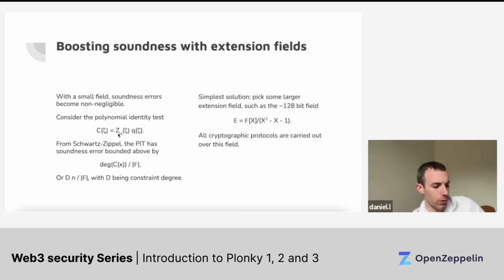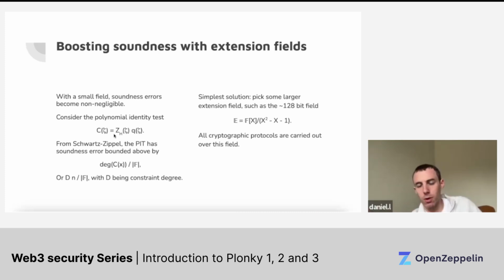We normally check this polynomial identity by sampling a random point zeta, and then we evaluate both sides at zeta and assert that they match. So this gives us soundness of degree over field size, where the field size is that of the field we sampled zeta from. Normally this would give us a soundness error around 2 to the minus 50 if we just use Goldilocks and have a moderately large degree here,